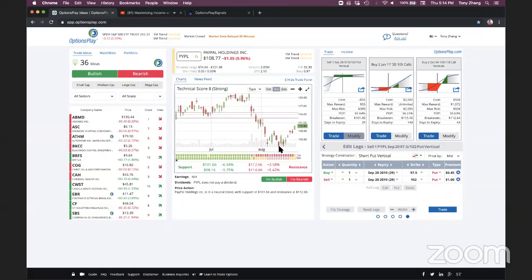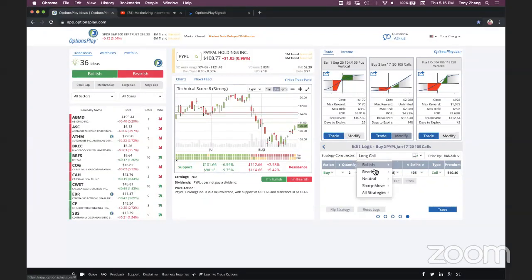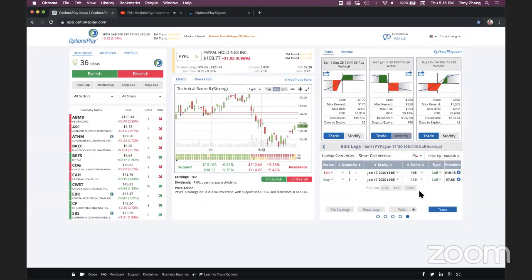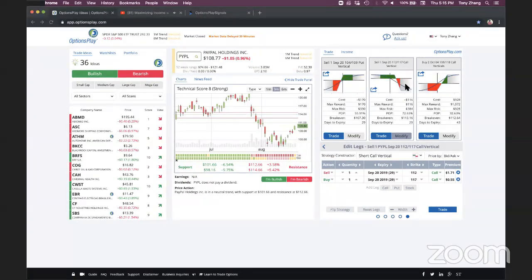Steve is saying, do you trade iron condors? And that's a really great question. The answer is no. However, we may find ourselves in an iron condor sometimes because an iron condor is really just a call credit spread plus a put credit spread combined with each other. So there are times where maybe when the markets are oversold, we sell the put credit spread, and then a few days later, the market rallies and we sell a call credit spread. So we might find ourselves trading a put credit spread and a call credit spread on the same expiration, and